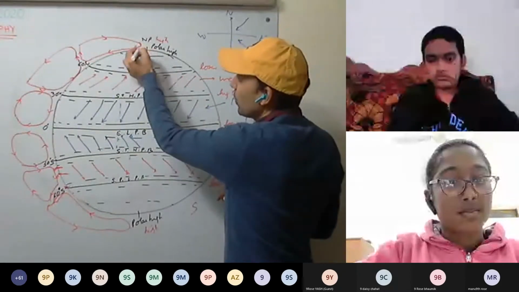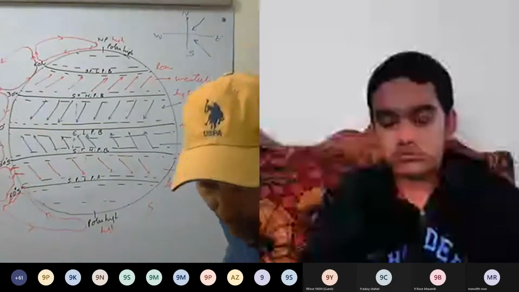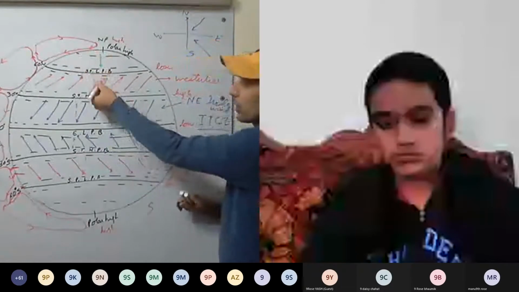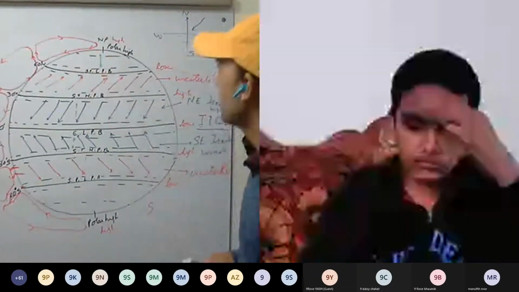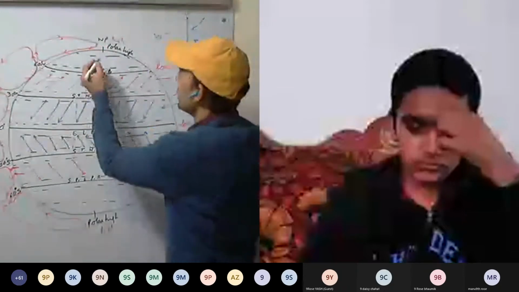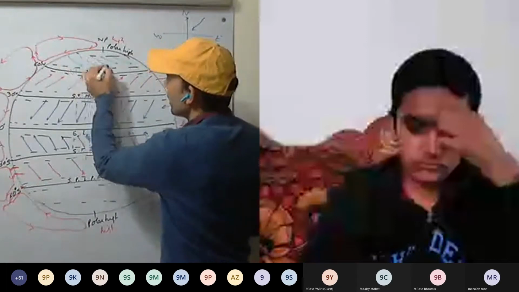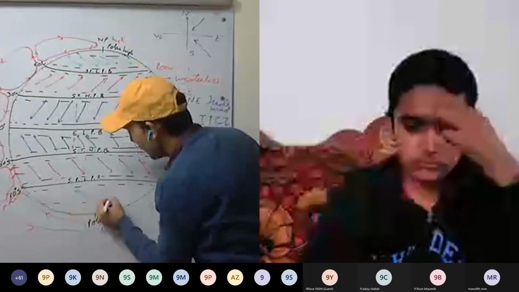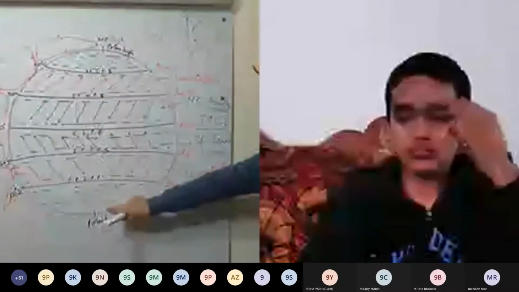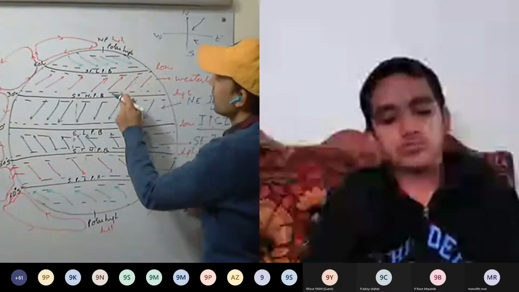Now from the pole, here we have the high pressure, here we have the low pressure. So winds will be flowing from high pressure to low pressure. They may flow like this towards the low pressure, but because of the Coriolis effect, the winds will be flowing in this direction, and they appear to be coming from the east. These are called easterlies.